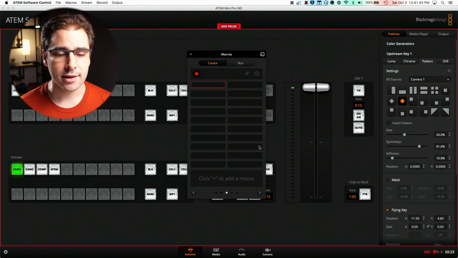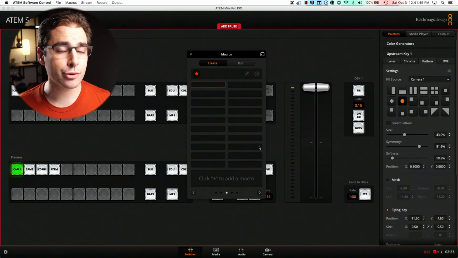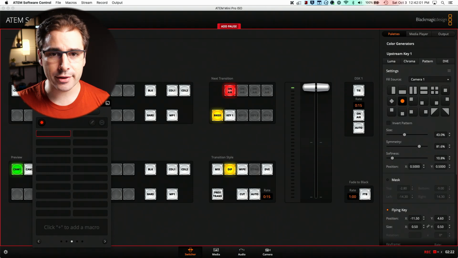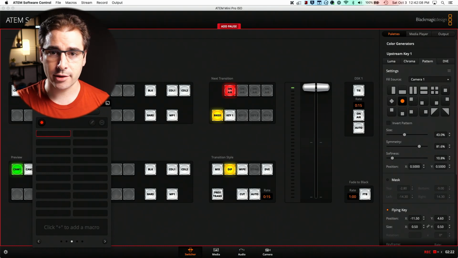And you might notice that we're already set up with this effect, and that means we have to actually go and recreate it in order for it to write those commands into the macro. So the easiest way to do this is to undo and redo every setting that it took to make this look like this, including whether or not you want to switch the background layer to this as well.